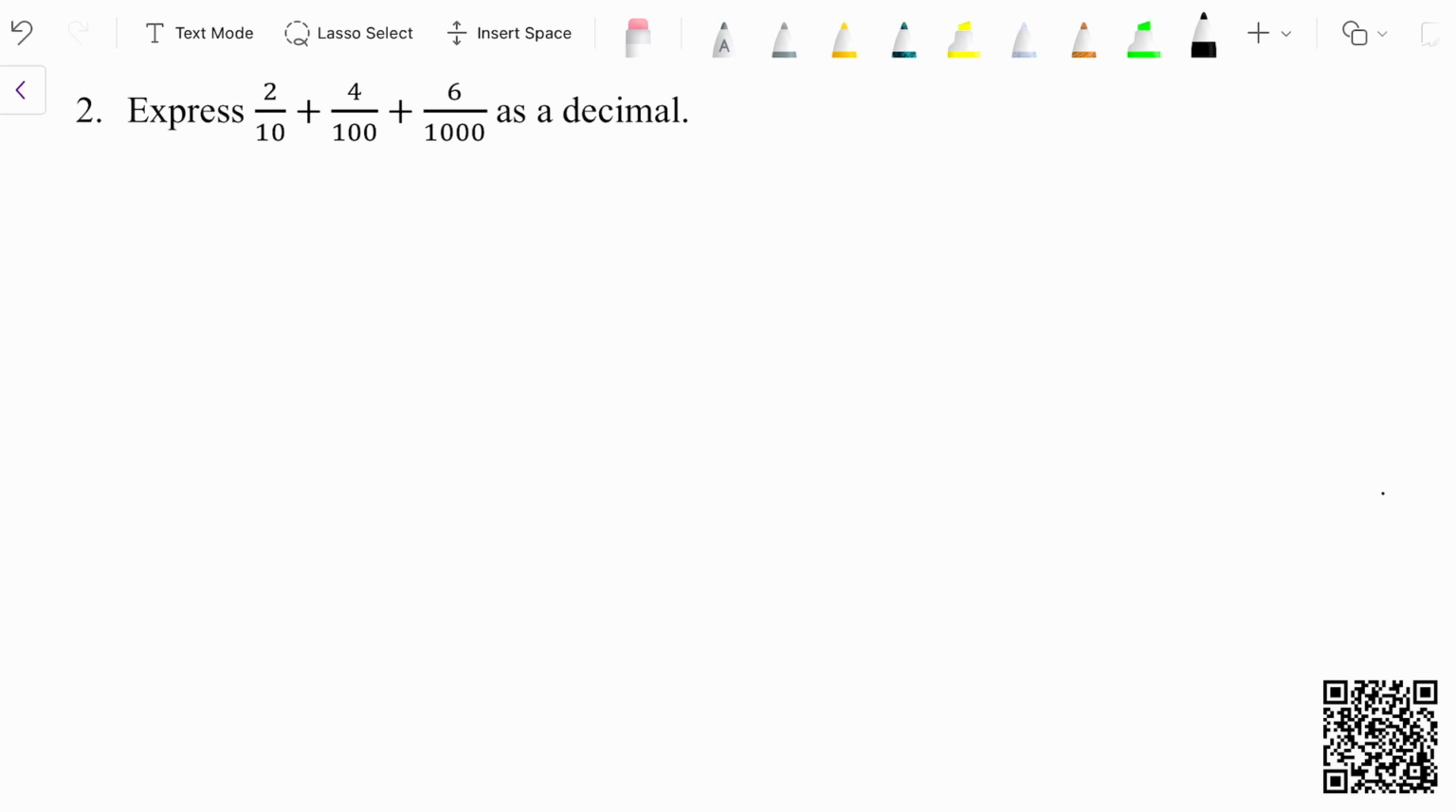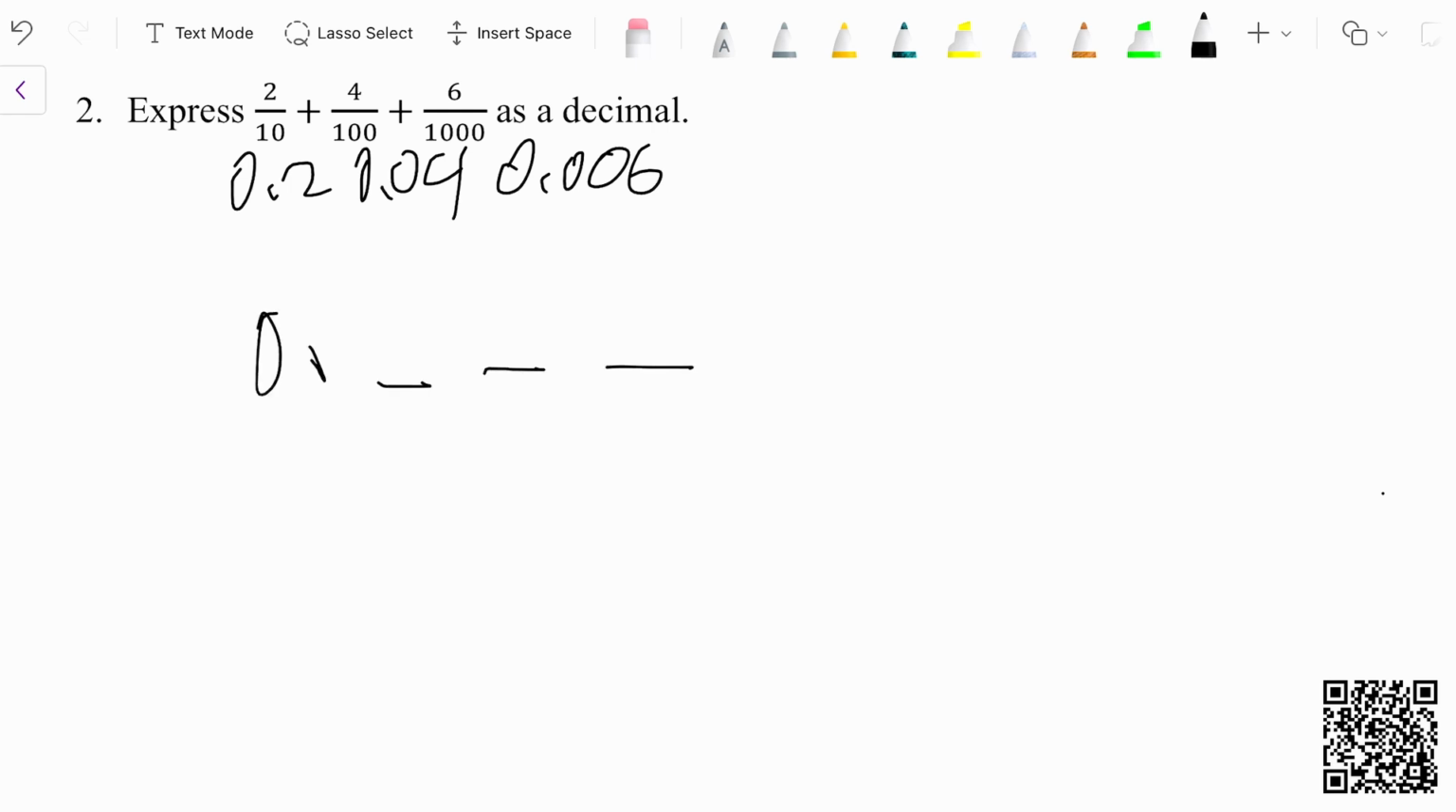Moving on to problem number 2: express 2 over 10 plus 4 over 100 plus 6 over 1,000 as a decimal. And this is pretty simple as well. This is 0.2 because you move the decimal point over 1, then 0.04, and 0.006. Since all of them get their own decimal place, you can think of it as if we wrote it out like